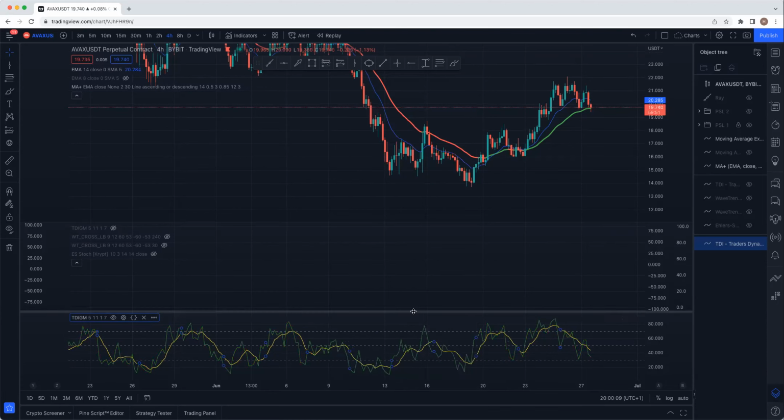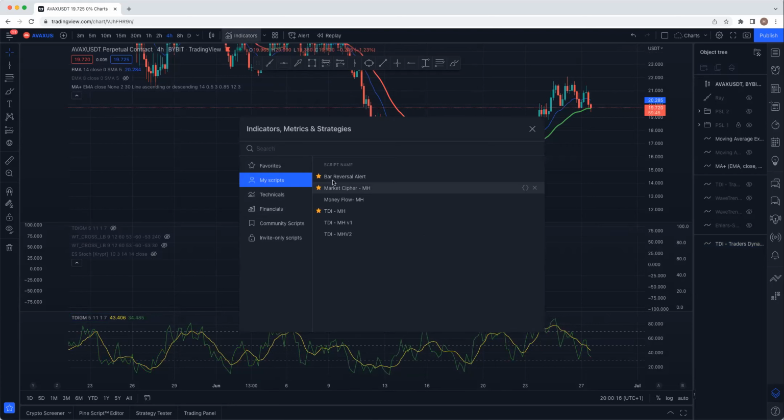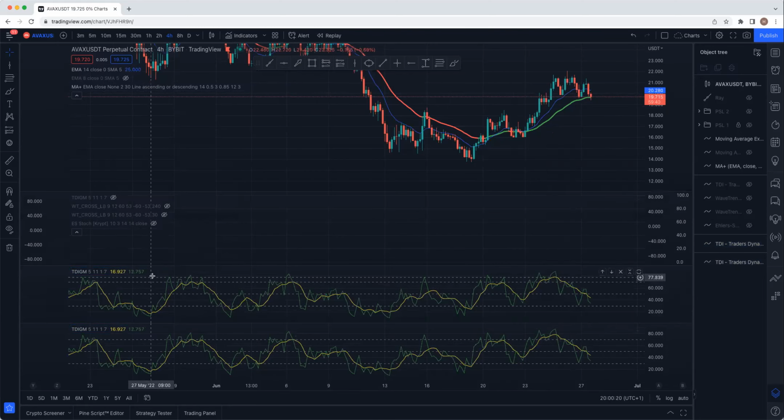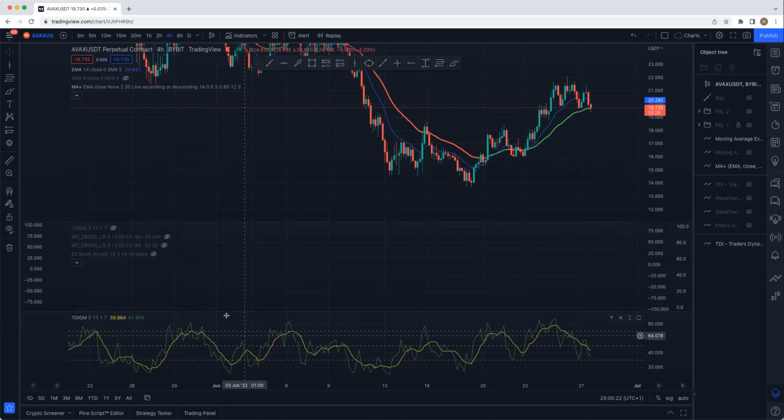Okay, once you've saved as default, you can go and pick this up in your indicators, my scripts, and then you pick it up, press 3. So it's come up the way you want it to look. You know, so this is normally sitting on your account as my script. So anytime you need it, go into my script and then you get it. So this is exactly, it is called a TDI.